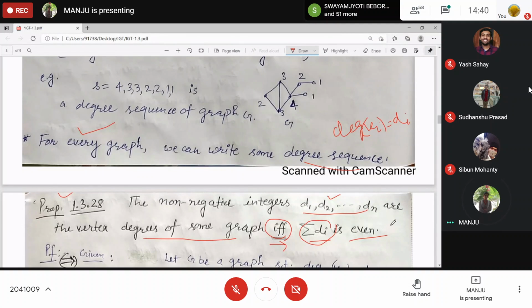See, the degrees are given and we want to show the summation of degrees is even.